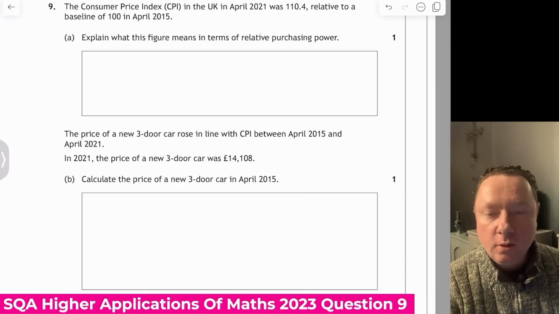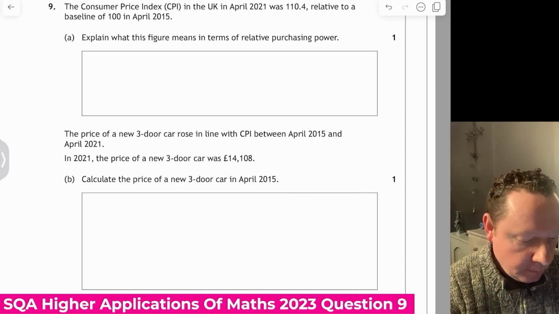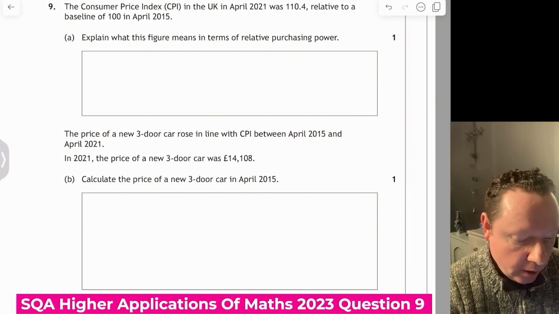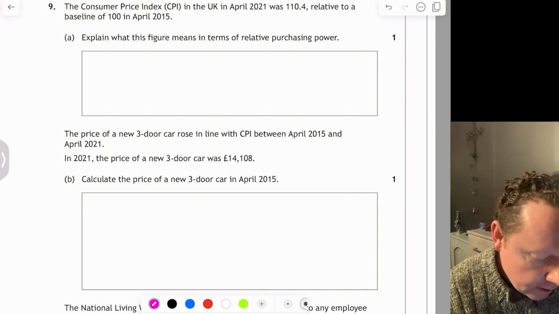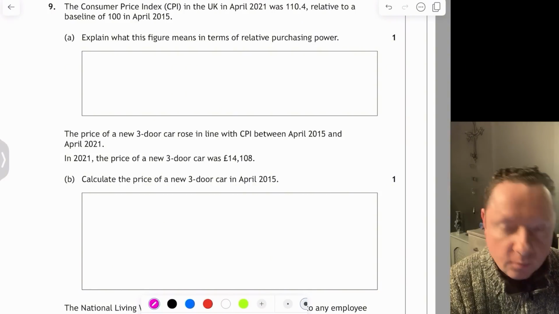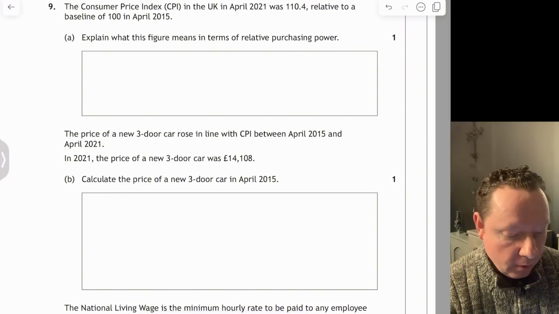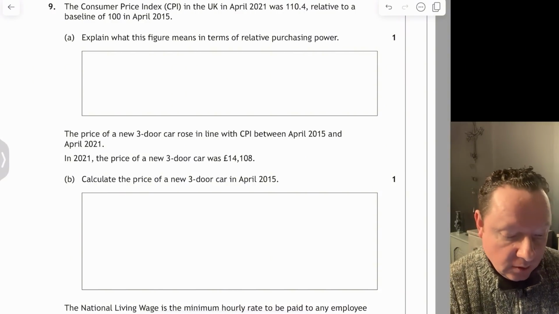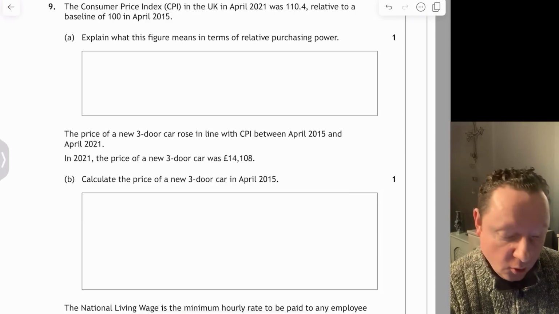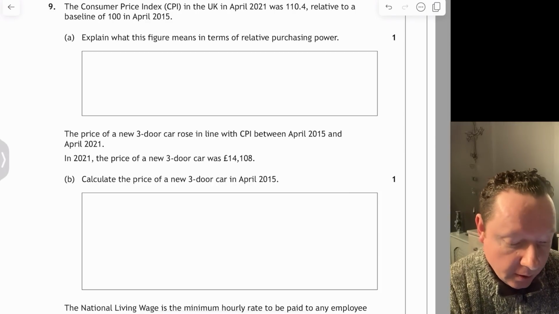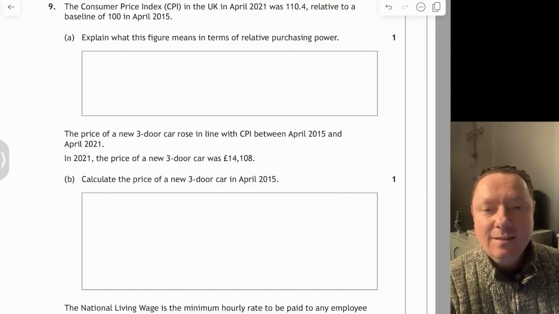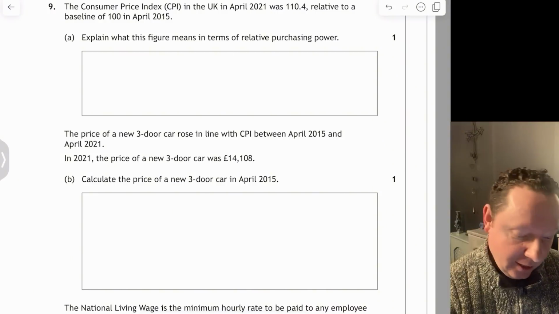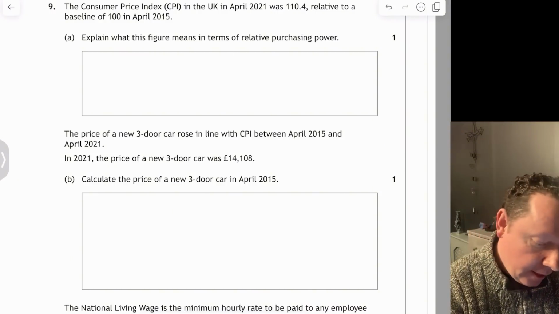SQA Higher Applications of Maths 2023 question 9. The Consumer Price Index, CPI, in the UK in April 2021 was 110.4 relative to a baseline of 100 in April 2015. Explain what this figure means in terms of relative purchasing power. So purchasing power is how much you can buy, basically, with a set amount of money. 110.4 against 100 means that I can buy the same amount of goods in 2021 with £110.40 as I could with £100 in 2015. The minimum thing you can say to get a mark is purchasing power has decreased, but I would probably say, expand on that and say